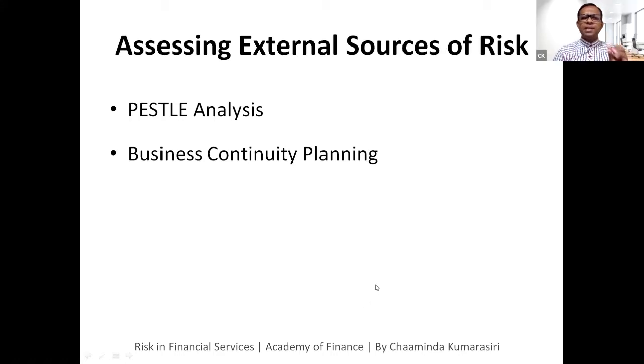So BCP and DRP, in very simple terms, let me say, some of your houses may have generators, right? Some of you may not. If there's a power failure at your house, you'll be in the dark. So the BCP arrangement is you have a backup, a generator. So just in case of a power failure, you can quickly switch to a generator so that you can continue to work without a disruption. So that is having a BCP in place.